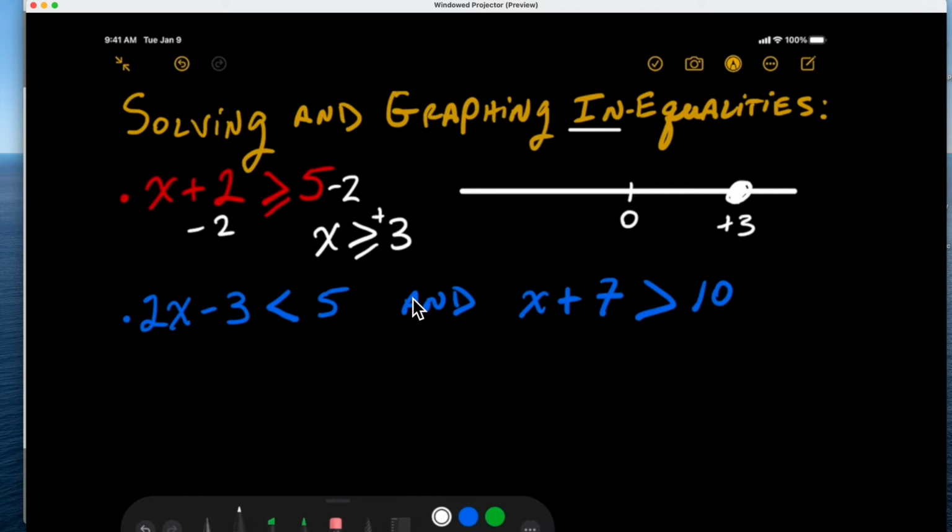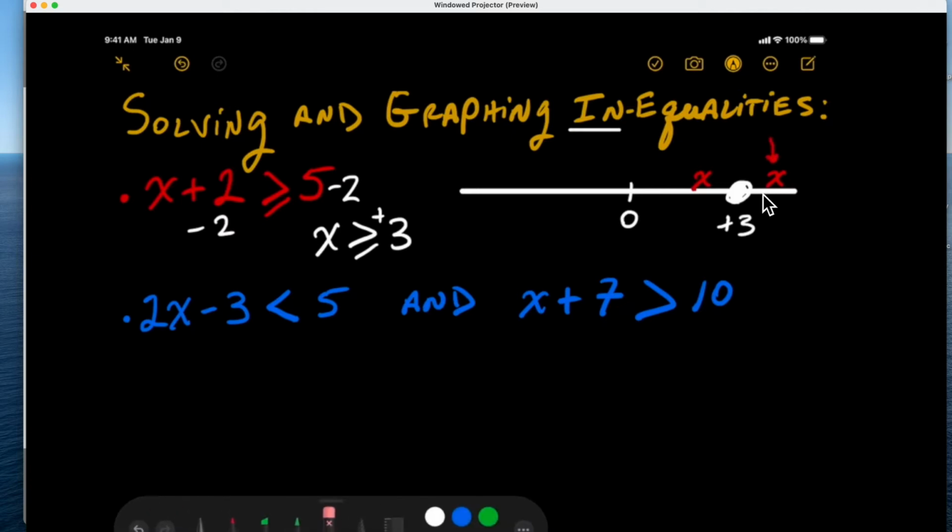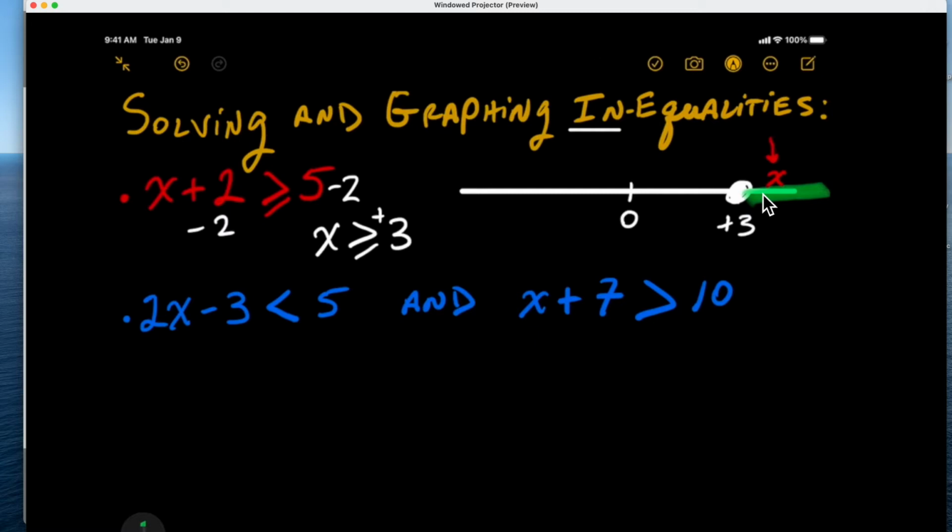At this point, what I like to do is put a little miniature x on both sides of that colored-in circle. Then I go back to the simplified form and I say to myself, it says x is greater than or equal to 3. So I come back to my number line and ask myself, which of these two x's is in a region where x would be greater than or equal to positive 3? That would be this side. So I discard the other x, shade the area to the right of this positive 3, and place an arrow sign. Again, this was a relatively simple